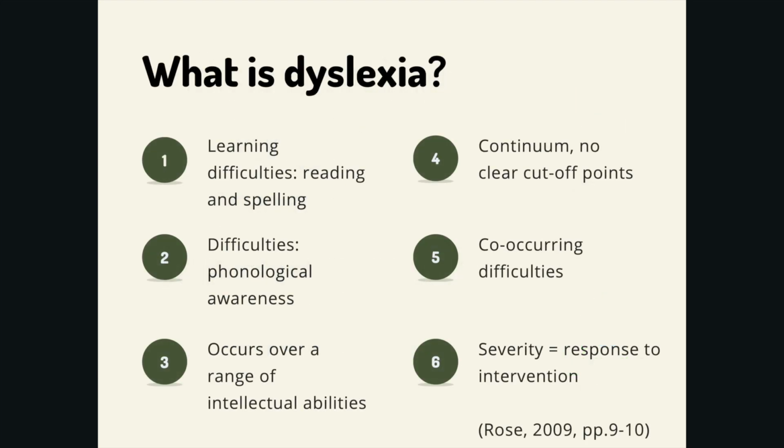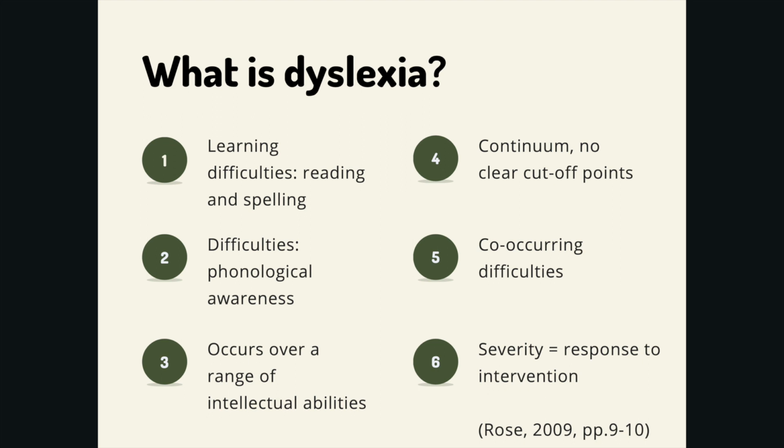So a really important place to start, I think, is to define dyslexia. And it's a really difficult concept to define because there are actually a lot of definitions out there. But perhaps the most useful definition comes from the Rose Report. In 2009, Jim Rose in the UK led an independent report and sent it to the Secretary of State for Children, Schools and Families. And it's become a very important document from which many recommendations have been made for the UK, but which are also relevant all over the world.